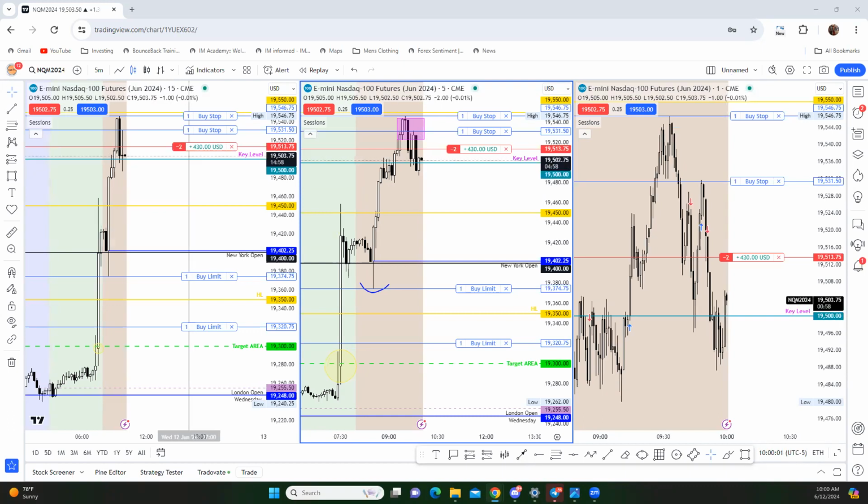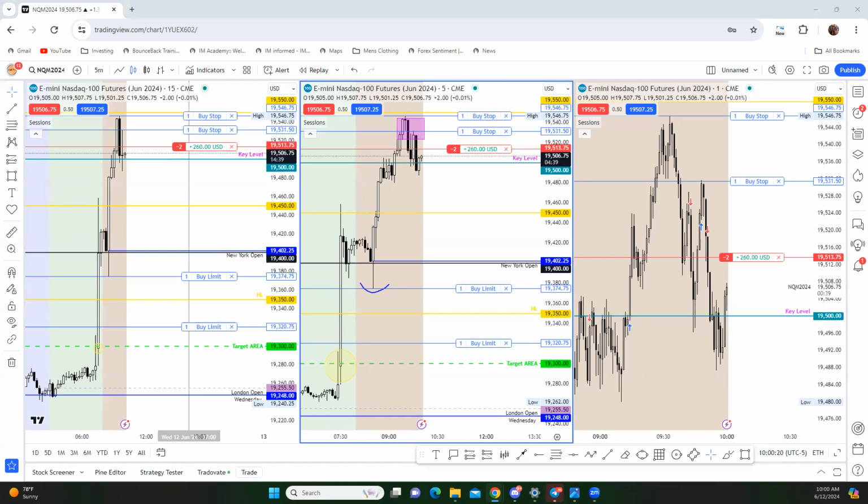So that closed above the whole level, which isn't good. There's an indecision close for the 15 and the 1 hour closed bullish above. So that's, like I said, unless we can push down the 450s quickly and I can cover this position halfway, then I'm just going to have to accept the probabilities of what happens.